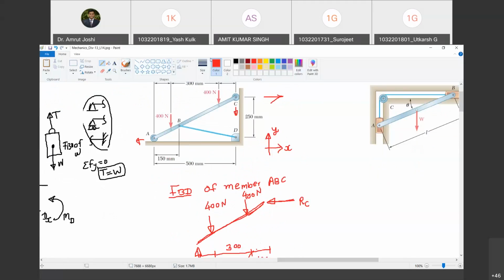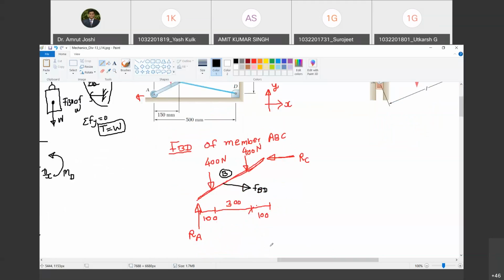And this cable is external to this beam, so I must free the beam from all external agencies. So I must free it from the cable, but I must show what the cable must have been doing. Do you agree with me? So the cable must be applying a force in the direction of the cable, and that too tensile in nature. So it must pull at point B. And how much is that force? What should I call that force? I am going to call it FBD.